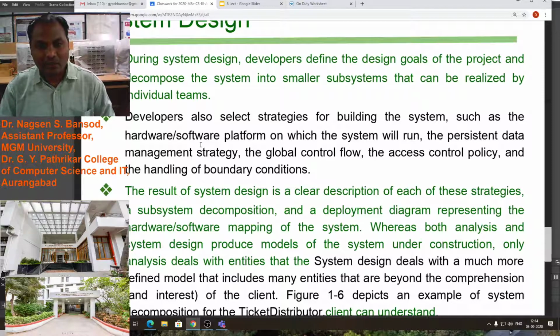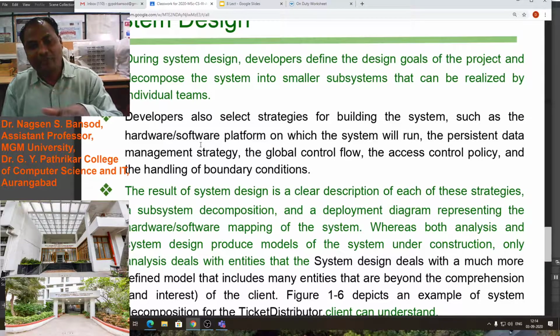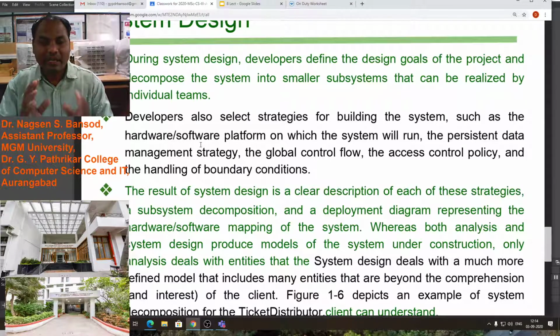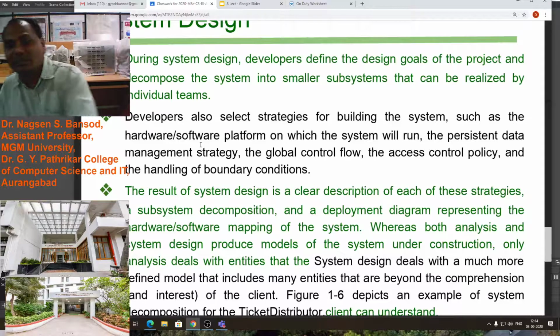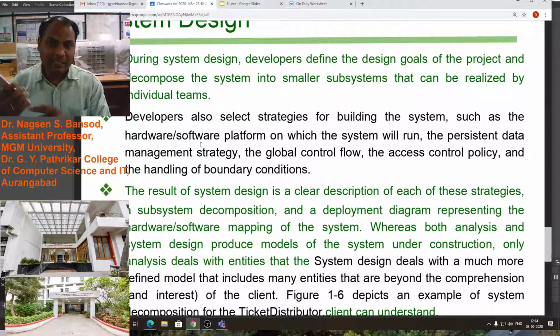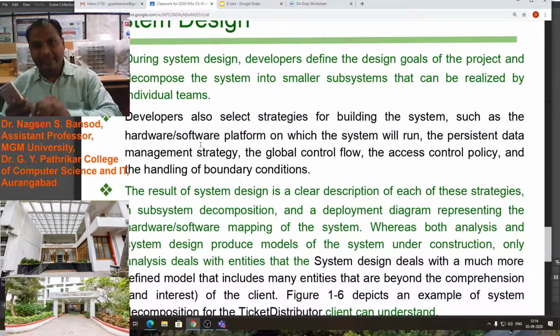But for that, we require a computer, and on that computer we have to install those programming languages, and with the help of that we will design the software, and at the last stage we will create an exe executable file of that software, and we will put that into the embedded system. The name of that is ticket distribution project or machine. In that machine we will add the exe.